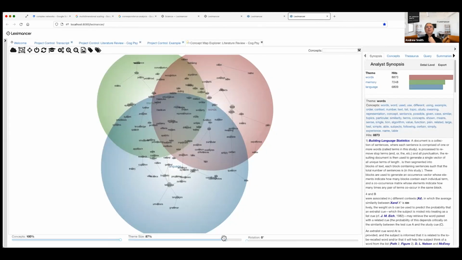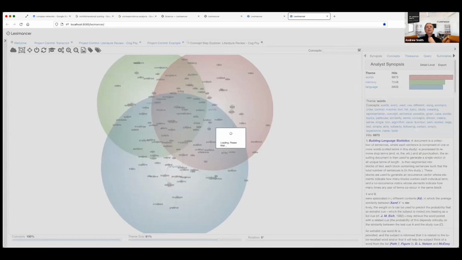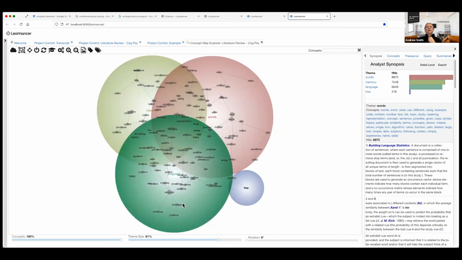So that goes back to where we're looking at a triad: language, words, and memory. So I guess there are two factors here. One's a dimension which goes from memory to words, and another which goes from memory to language. So a couple of factors here, which can be very theoretically interesting.